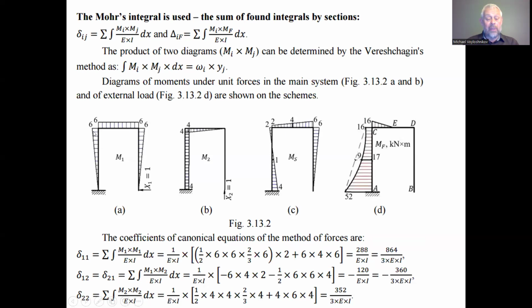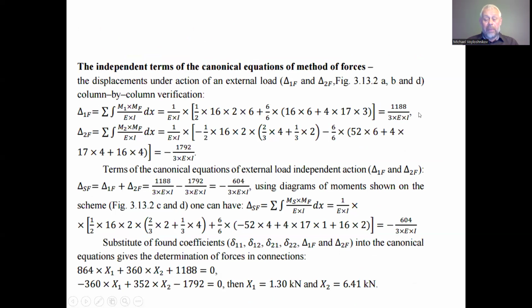Here we have 3, in the middle we have 6, and we have 16. This 16 by 6 with factor 1, and 17 is the diagram magnitude of the bending moment under the action of the external forces. By 3, where 3 is the magnitude of the diagram of the bending moment under the action of the unit force, and the last product with a factor 1 is 0, due to the magnitude of the unit-force bending diagram being 0. So by the Simpson rule we have only 2 summands, and finally we have the result that the free summand